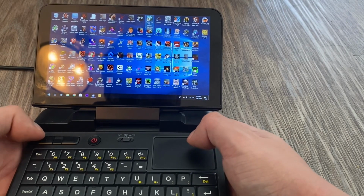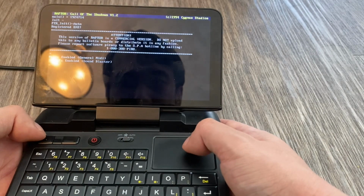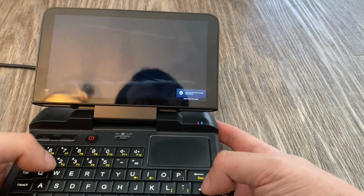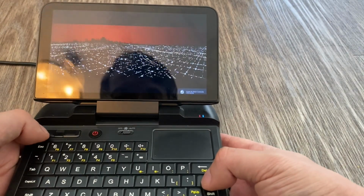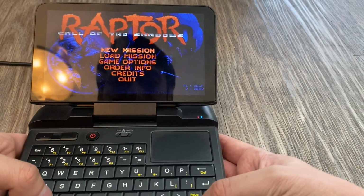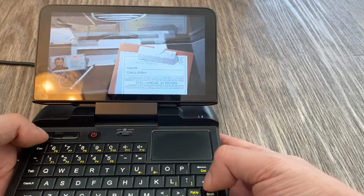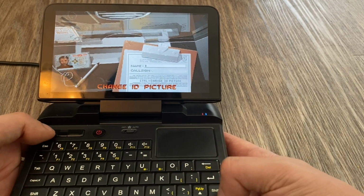Raptor Call the Shadows. That's a classic one. This game's soundtrack is like one of the best. I would say top 5 DOS game soundtracks, along with Traffic Department 2142, Jazz Jackrabbit, Highway Hunter. Those games are really good. So this is a shooter, so...